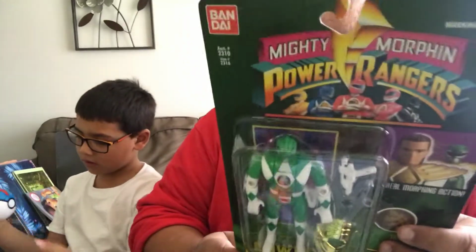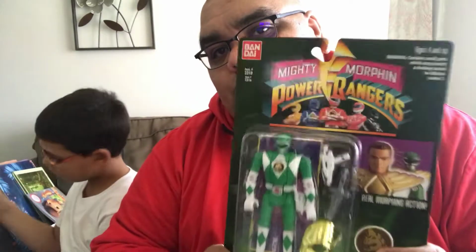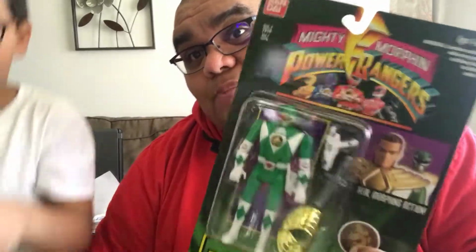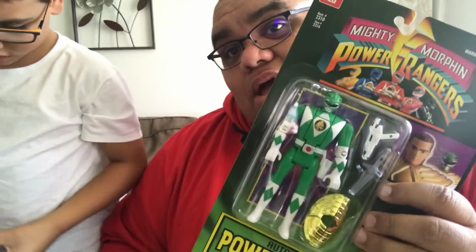So I'm going to open up and let my Green Ranger breathe, brother. Look! Where is Pikachu? Yeah, get in the camera so you can see. All right, so I believe this was a reproduction of the original figure from 1994. This says it was actually 2018, so this is a reproduction, but I don't care. It looks exactly like it was when I got it back. Well, actually, I didn't buy it. I got it for Christmas in 1994, and I was really, really